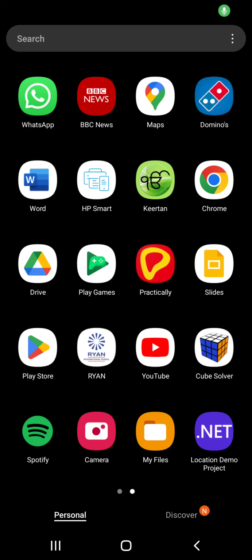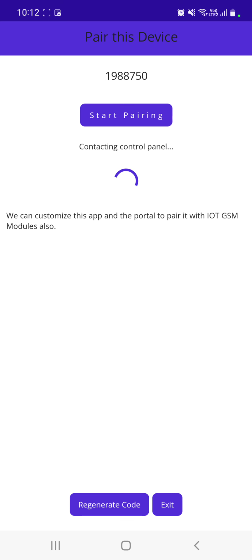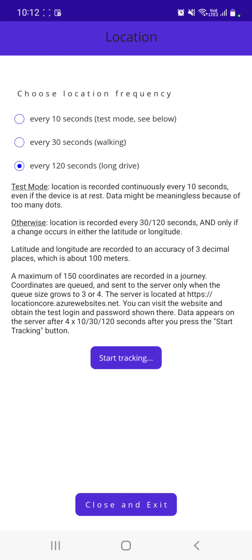This icon, Location Demo Project, click it. You will see a pairing code as you are seeing here. This pairing code has to be entered into the control panel that I have given to you, but during demo mode it is already paired, so you just need to click on start pairing and it will contact the control